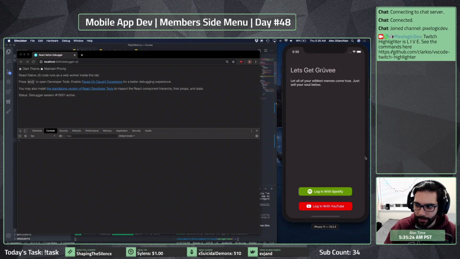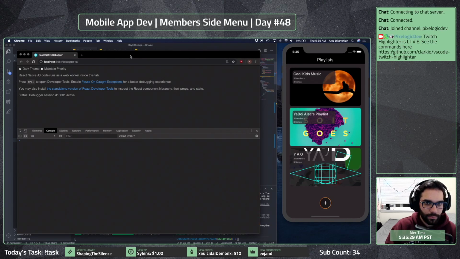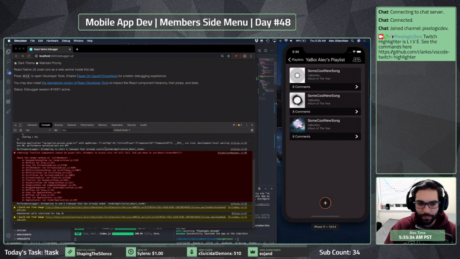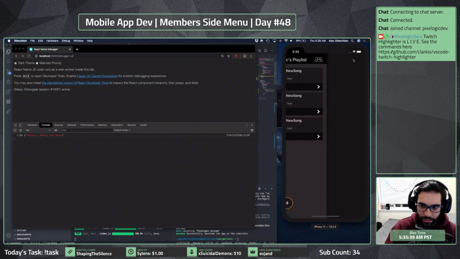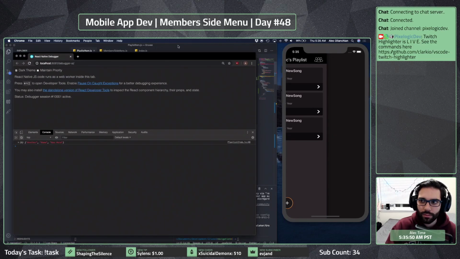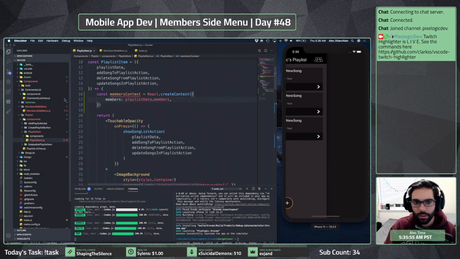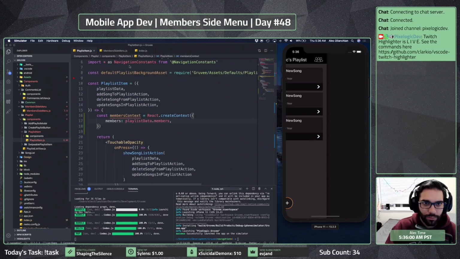Alright, so no issues there. And so that, I think the context stuff will only apply when we actually go into the side menu. So it looks like the log statement wasn't hit. So that must mean that this actually didn't render.